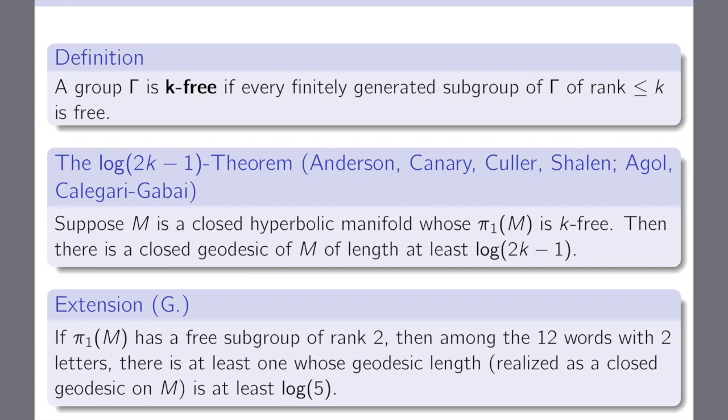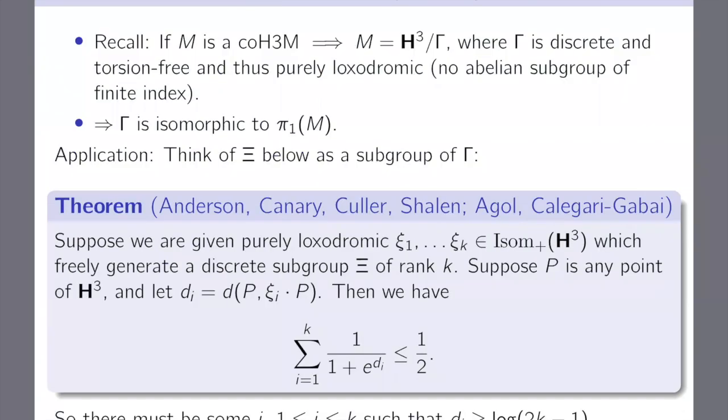So going back to the center box, if we have a closed orientable hyperbolic 3 manifold with k-free fundamental group, then there's a closed geodesic of the manifold of length at least log 2k minus 1. Okay. So remember, this interplay keeps going on: geometry, topology, and this extension here that it's related to. So if you look back at the log 2k minus 1 theorem, you can think about